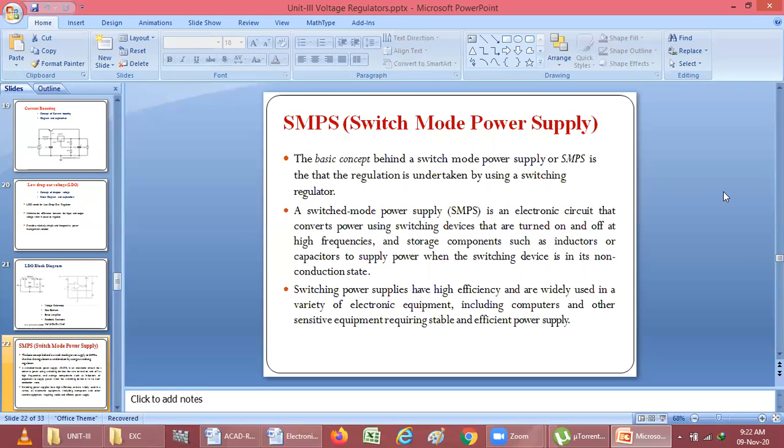So what does SMPS mean? It is an electronic circuit that converts the power using the switching mechanism. It can use storage components such as an inductor and capacitor to supply the power, and the device we are using as a switch will be in a non-conduction state. We can use that device because it will have higher efficiency, and it is used in a variety of electronic